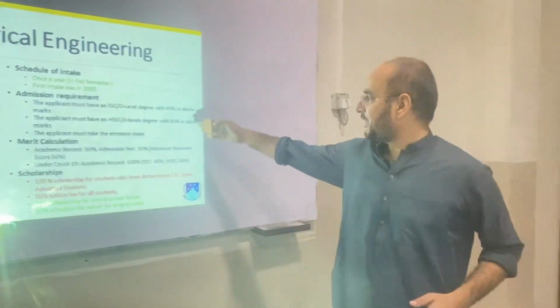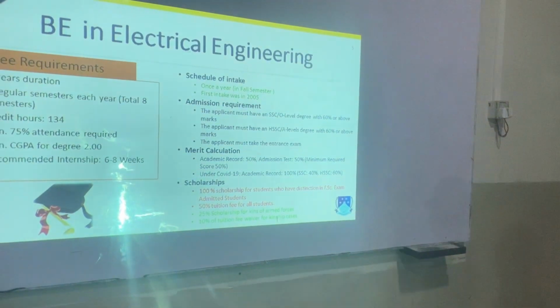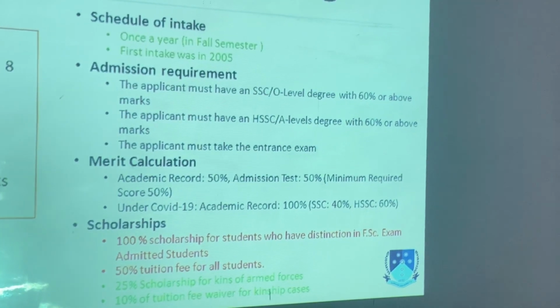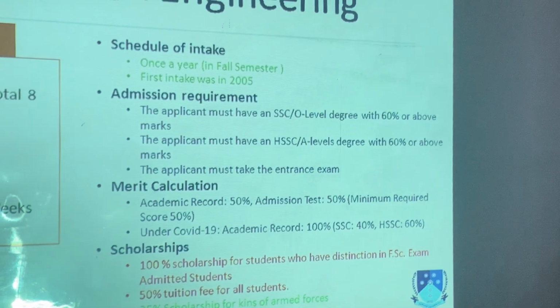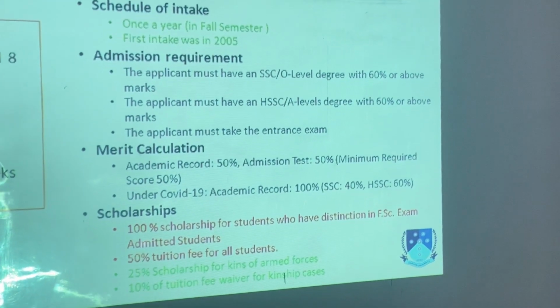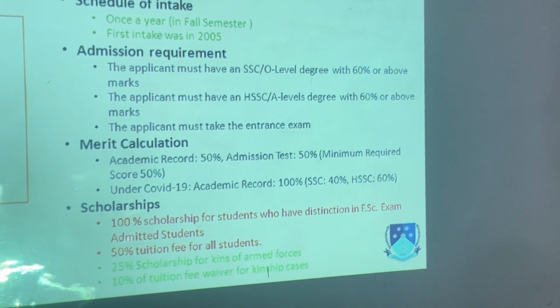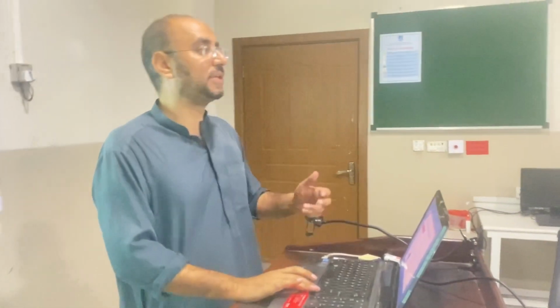These are the admission criteria, like 60% marks in FSc and in matriculation. These are the standard assessment criteria which UET Peshawar is following, like other universities which are conducting the ETEA test, and after the student appears in the ETEA test, they will be eligible to apply for engineering at Sarhad University. And now the most important thing I want to tell you is that this time the university is offering a 50% exemption of tuition fee.